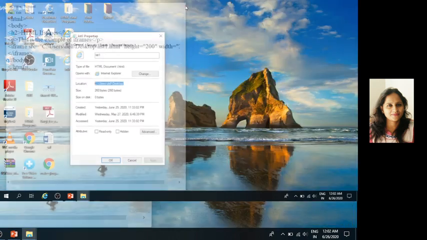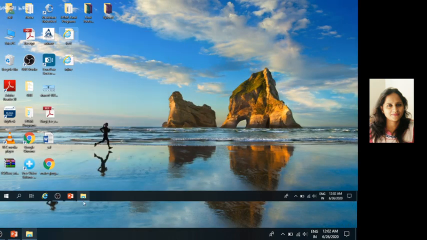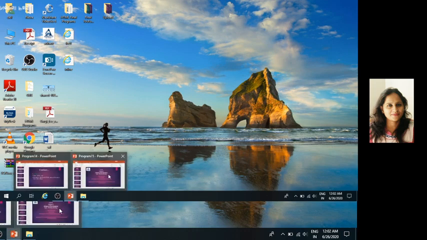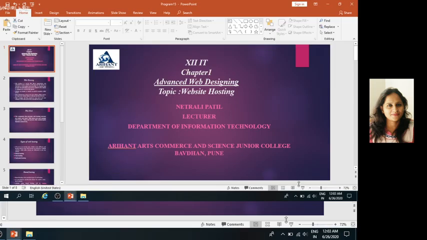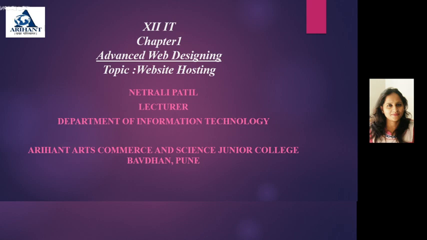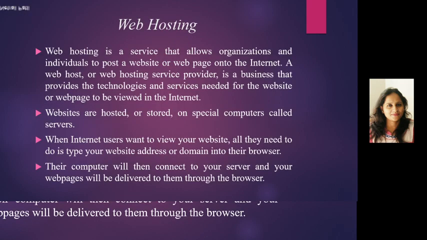Then we will see second point. Second point is website hosting. What is website hosting? In this chapter we have seen how to create a website, but just creating a website is not sufficient.